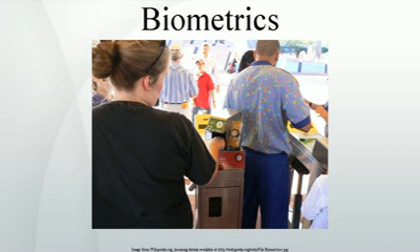Biometric identifiers are often categorized as physiological versus behavioral characteristics. Physiological characteristics are related to the shape of the body. Examples include, but are not limited to, fingerprint, face recognition, DNA, palm print, hand geometry, iris recognition, retina and odor